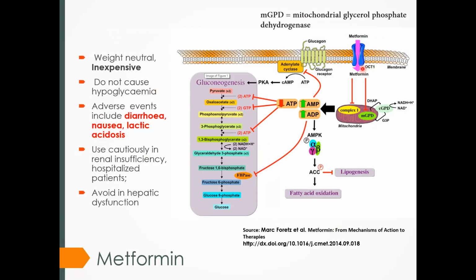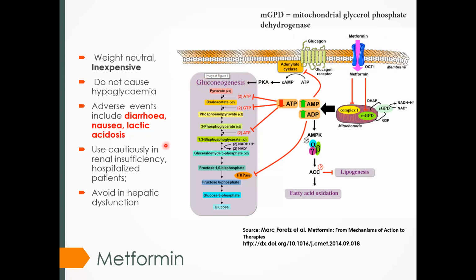Next, most important drug probably, and the first drug to be prescribed to a patient is metformin. Metformin, again, it is an inexpensive drug, very cheap drug and weight neutral, and sometimes it can also cause weight reduction but in a very few individuals, but mostly it is a weight neutral drug. And it does not cause hypoglycemia because it is not an insulin secretagogue. The most important way that it acts is by decrease of hepatic glucose production, so inhibition of gluconeogenesis.